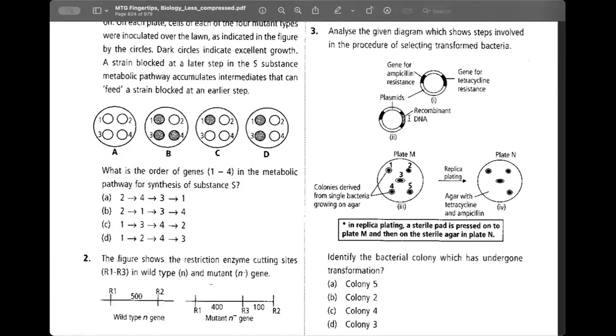Because the DNA was inserted here. So if they show you two pictures where agar with tetracycline is separate and agar with ampicillin is separate, you will see that colony 4 will grow in ampicillin but will die in tetracycline, right? Yes. So here it's a mixture of both, but just remember, it's not ampicillin that's killing it. It's tetracycline that's killing it. Yes, perfect. So